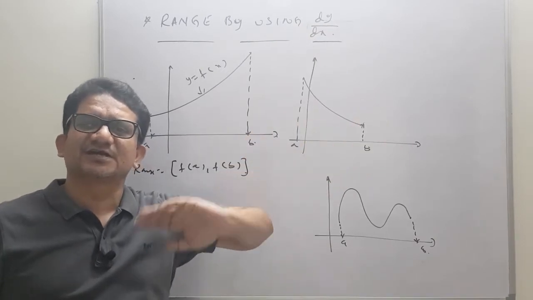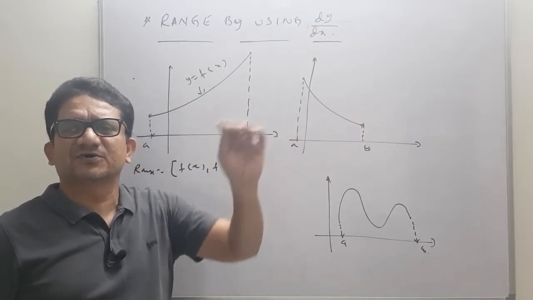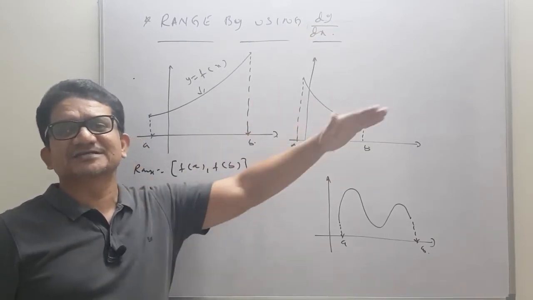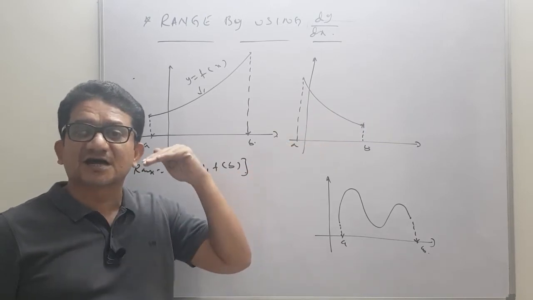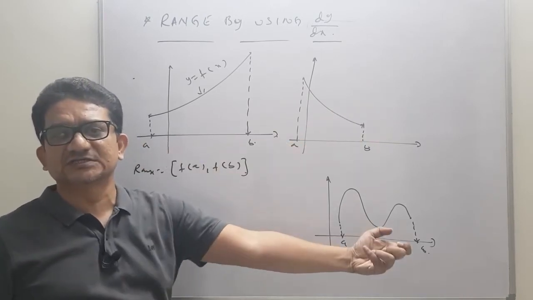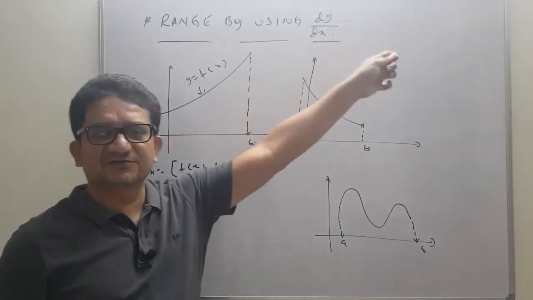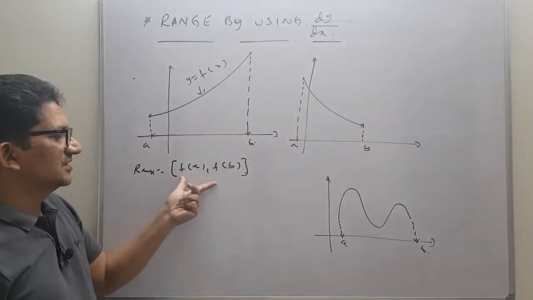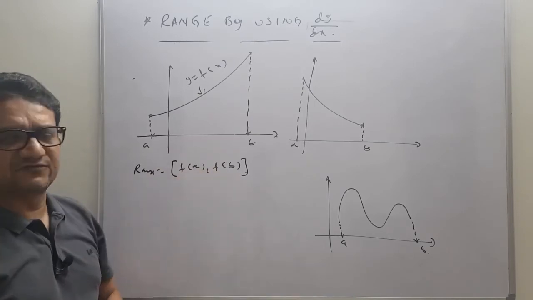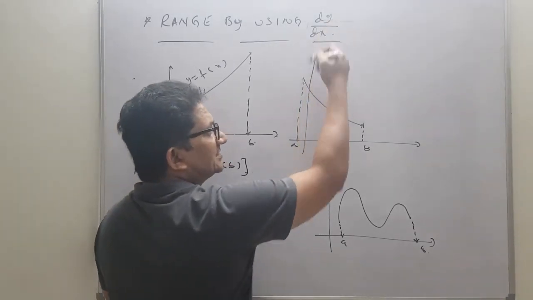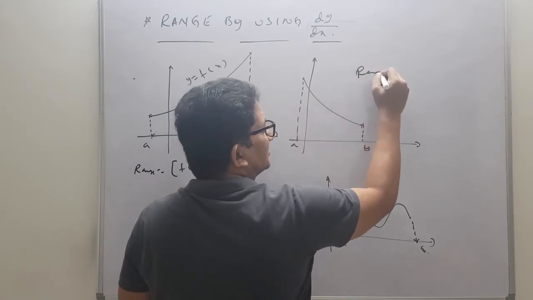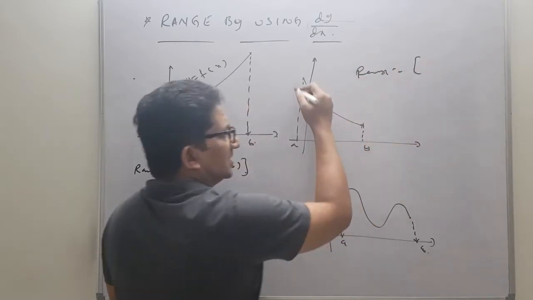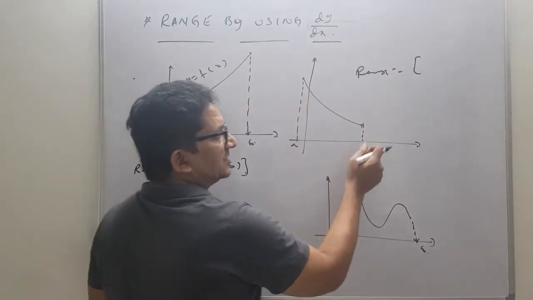Standard functions you know, like sine inverse, cos inverse, tan inverse, e power x and all those things. But every function is not a standard function, and we can't draw the graph of every function so easily. At that time we will find the derivative and analyze the result. If the result is positive, straight away take the range as f of a comma f of b. And if dy by dx is negative, then the range is, if you observe, the minimum value is f of b,